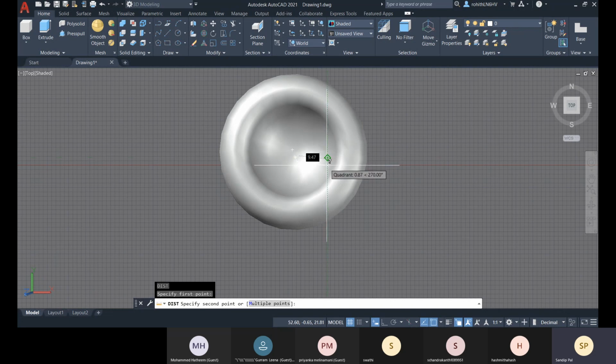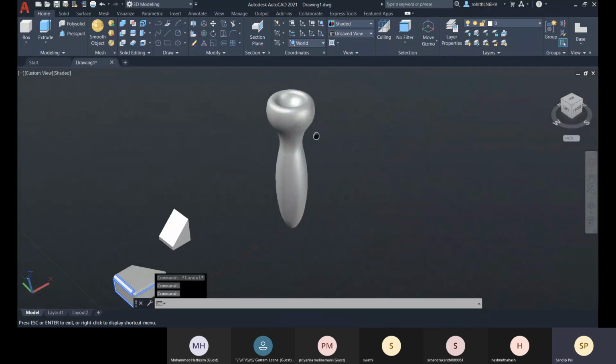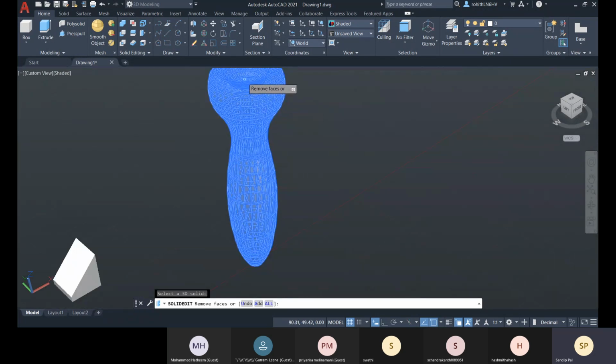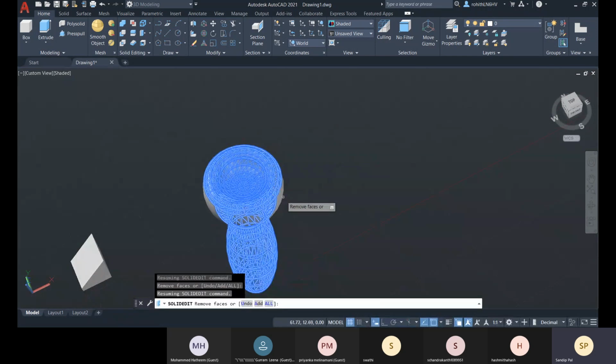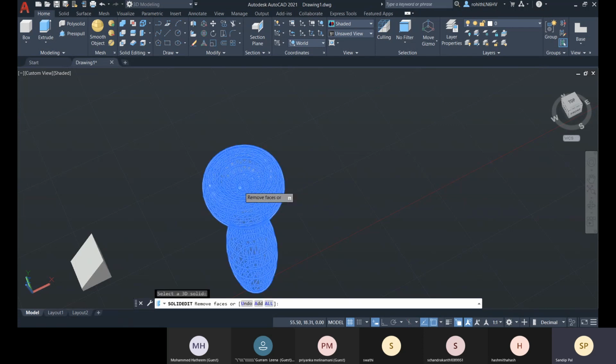So the shell offset, let me give 1 there, 1 or 2. That will be great. So let me go with this, and you will be removing this face, not that face. So make sure that you do not select the wrong face. We'll be selecting this face.